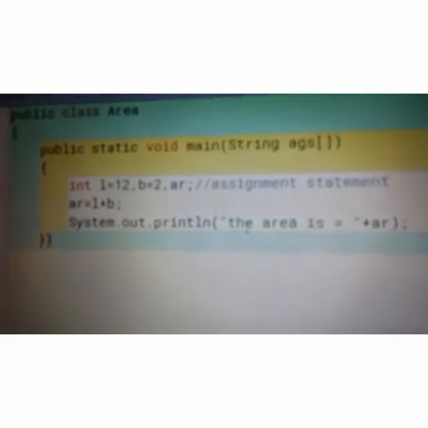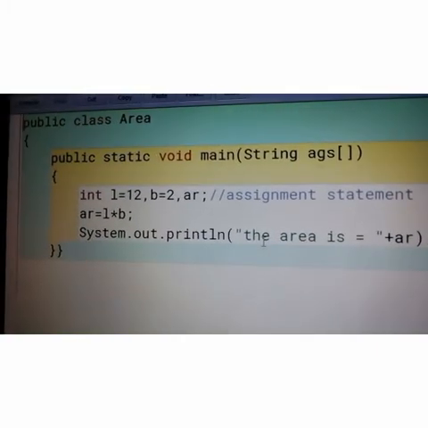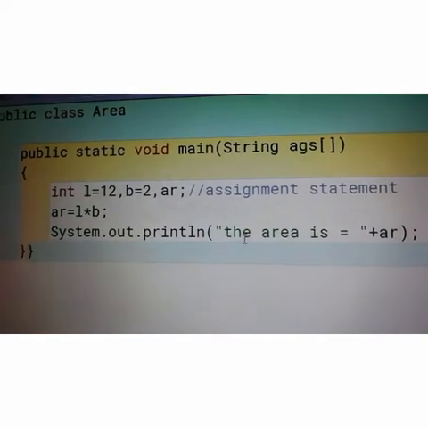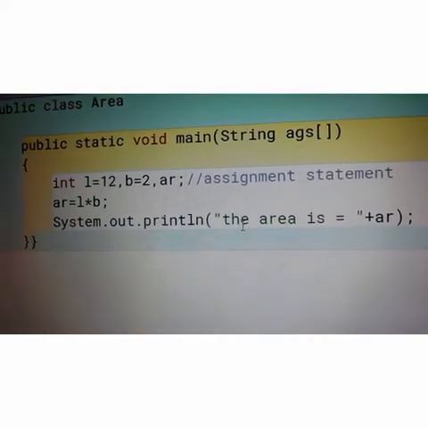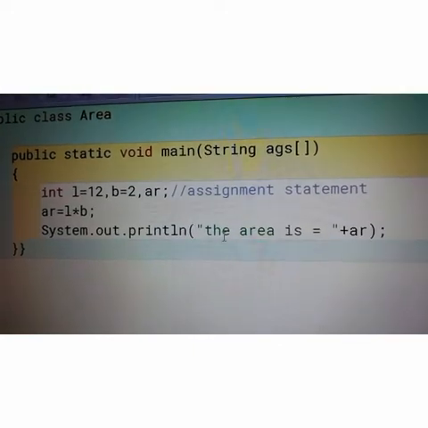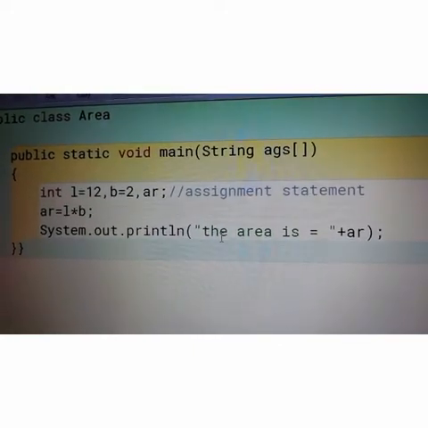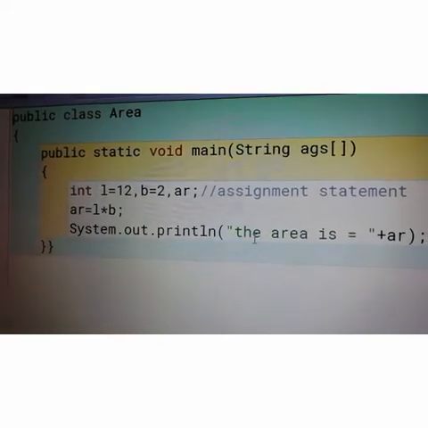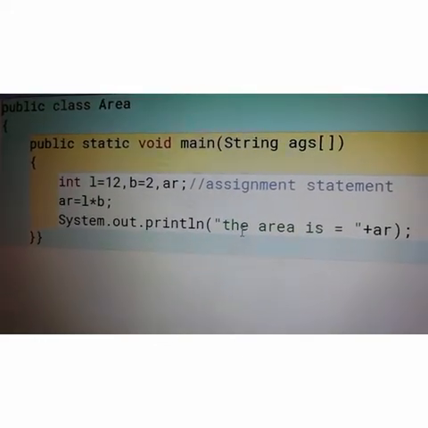So this is the program using assignment statements. Like this you can do the program using assignment statement. Assignment means you have to assign the value to the variable, so that throughout the program the value will never change. Whenever you compile you will get the same results.